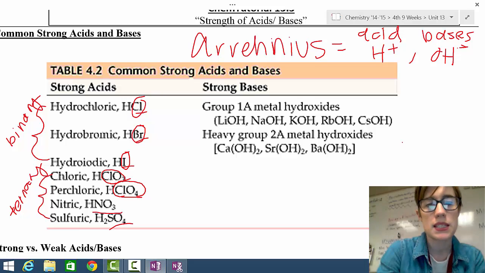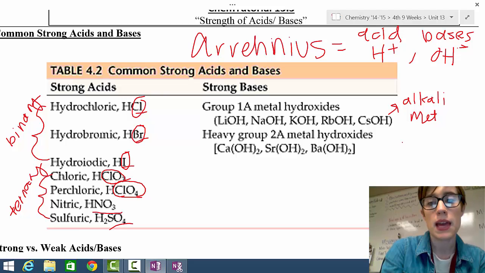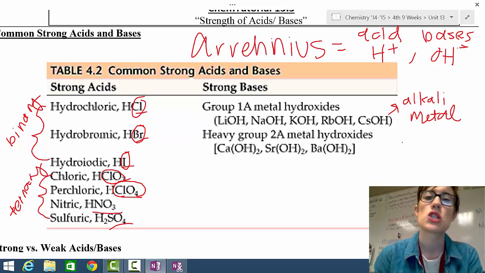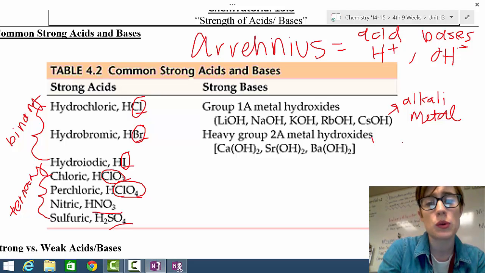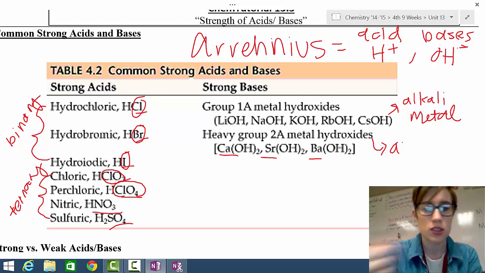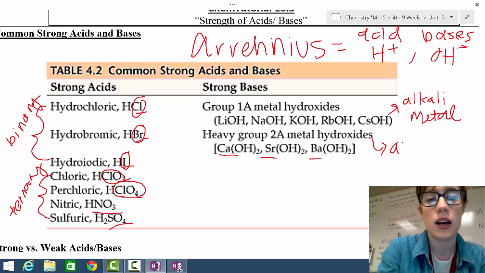Over here on the bases, we kind of have two groups. Anything that's part of the alkali metals, that's anything in group 1. Anytime anything in group 1 pairs with a hydroxide, those are going to be strong bases, okay? Anything in group 2A, as long as it's calcium, strontium, or barium, so that's really not anything, those three elements in group 2,